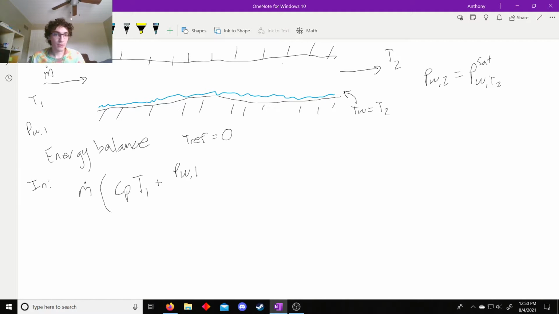And we're actually going to multiply this by the molecular weight divided by RT. What this actually is, is a mass of water. So we'll just say this is kilograms of water